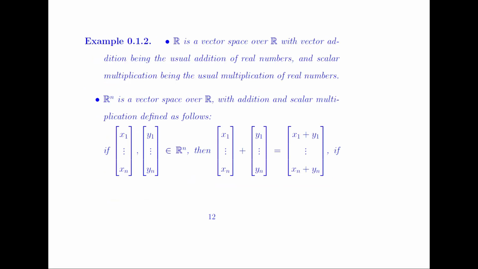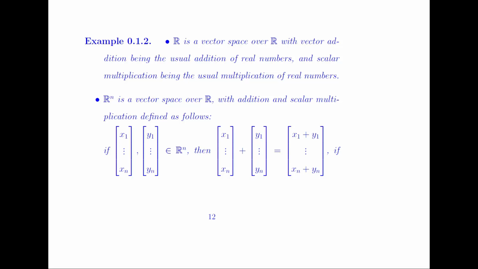So for example, the real line R is a vector space over the real field, with the vector addition being the usual addition of real numbers and scalar multiplication being the usual multiplication of real numbers. Similarly, the finite dimensional space, that is Rn, Euclidean space, we can say is a vector space over R, with